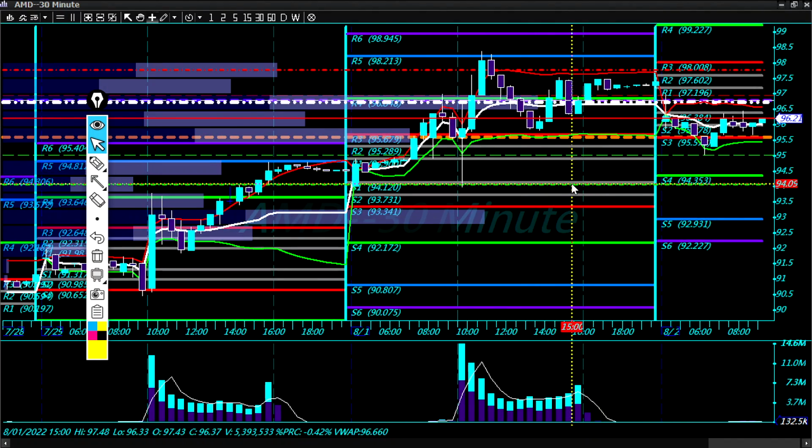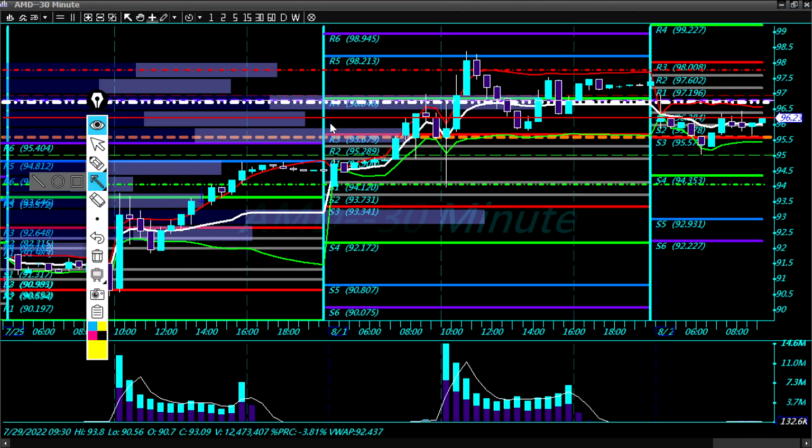So we have an overlapping value relationship on the Camarillas. Previous day was 95.67. R3 was 95.67. S3 was 93.34. Today's S3 is 95.57. R3 is at 98. So we're looking for 95 support, pre-market low, or even 95.50, 57, somewhere around there for the S3, for the bounce off of S3 to 98, right? So that's if we're bullish in the stock market.